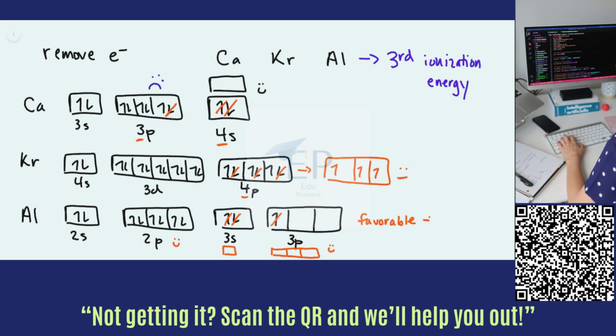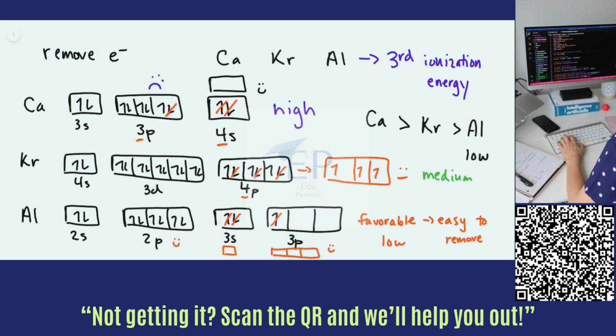And so that's going to make its electrons easier to remove. If the electrons are easier to remove, you don't have to put in as much energy, so that ionization energy is going to be low. All right. Calcium had the most unfavorable thing happen to it by removing that 3rd electron. So its ionization energy will probably be high, and krypton's will be somewhere in the middle. So calcium would have our highest ionization energy, then krypton, then finally aluminum with the lowest. And if you were asked to rank them from high to low, this would be the order, but low to high